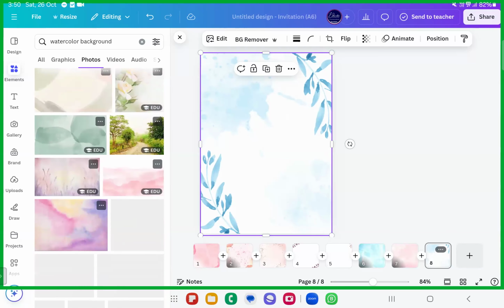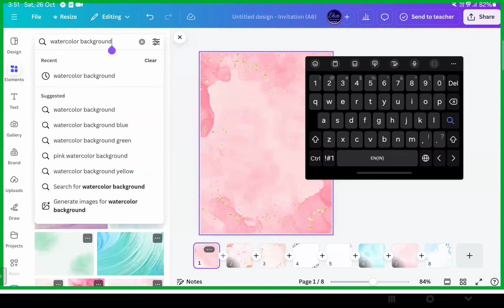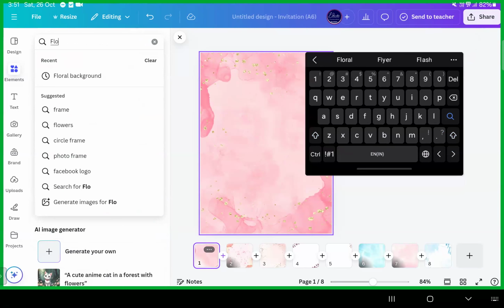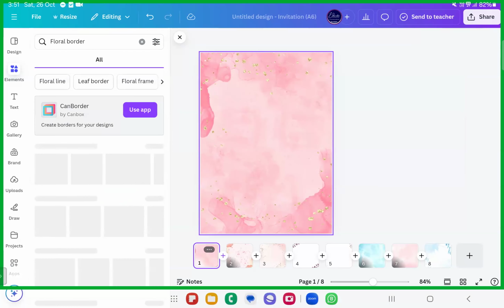Okay, so come on, this is done. I just wanted to address this topic of watercolor backgrounds, rose gold backgrounds, fine, glossy backgrounds. You have so many other options. Inshallah, towards the end of this session, I'll tell you all of the backgrounds together. I want you all to write it down together, fine. So then we'll write some floral borders, okay? Floral borders, okay, and just search for it.